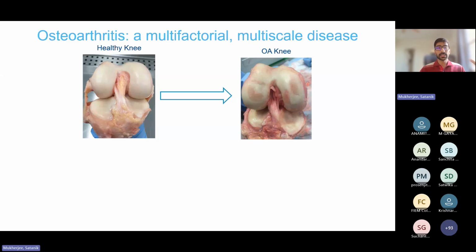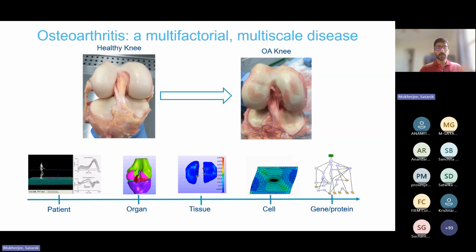So if we want to understand this progression of osteoarthritis in our joints, specifically focusing on the human knee joint, we need to understand the multifactorial and multi-scale aspects of the disease. And one of the ways people have tried to look at it, and this is what I have also looked at during the course of my research, both during my PhD and now in my postdoctoral fellowship, is looking at it from a multi-scale perspective, going from a patient level, looking at how the patient walks and how the gait of the patient is different in osteoarthritis, and then subsequently going down the scales to looking at the individual joint that is under focus,